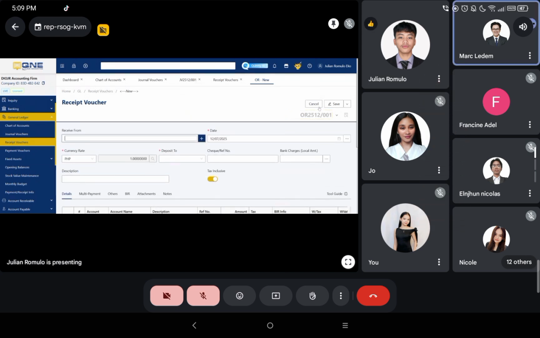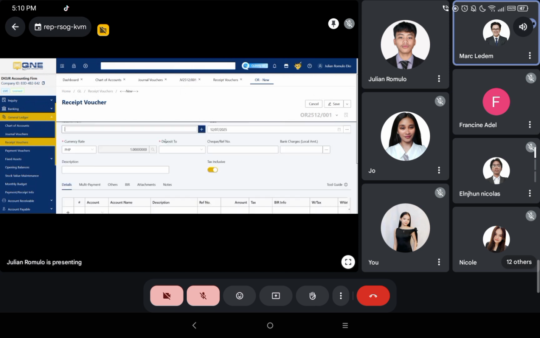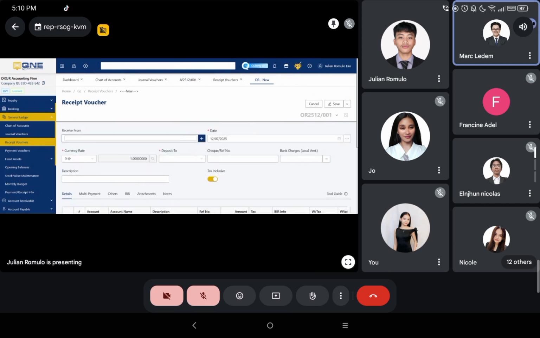Next, fill out the required fields. Fill in the necessary information under receipt from. Enter the name of the payer. If payment is made by check, type the check number if necessary.